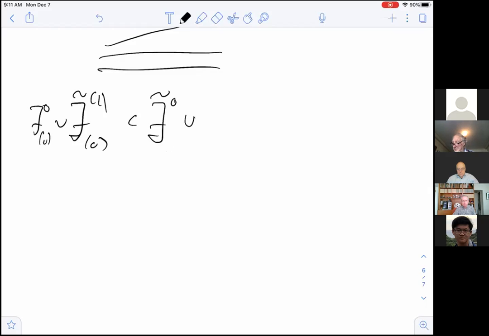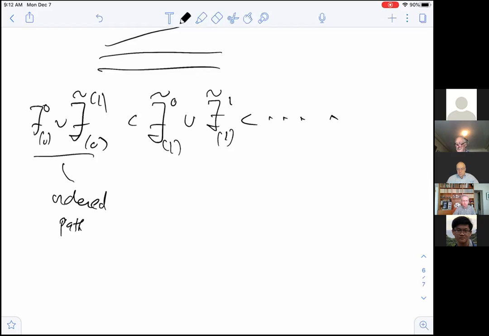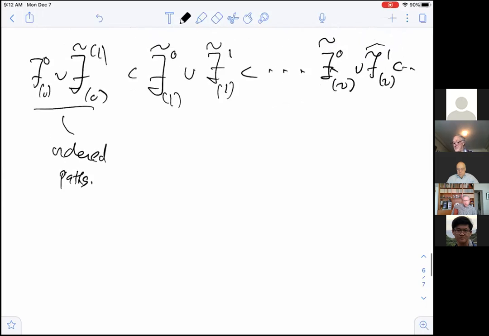So I have this increasing sequence. Okay, so these are the ordered ones, ordered paths. These are the paths with at most one inversion anywhere in the path, and so on. And we just keep going. Okay. And what I'm going to show is